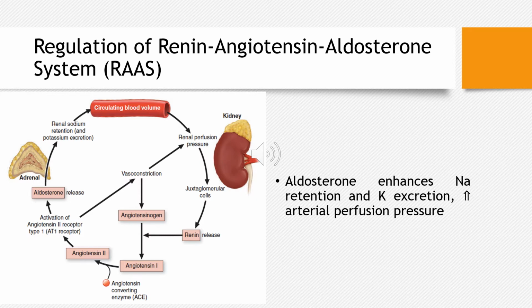Angiotensin converting enzyme or ACE cleaves angiotensin 1 to angiotensin 2, which binds and activates the angiotensin 2 receptor type 1, which eventually results in an increased production of adrenal aldosterone and hence vasoconstriction. Aldosterone in turn enhances sodium retention and potassium excretion and eventually increases the arterial perfusion pressure, which in turn regulates